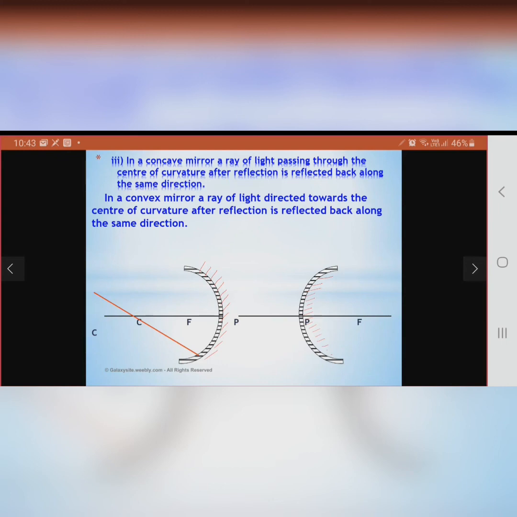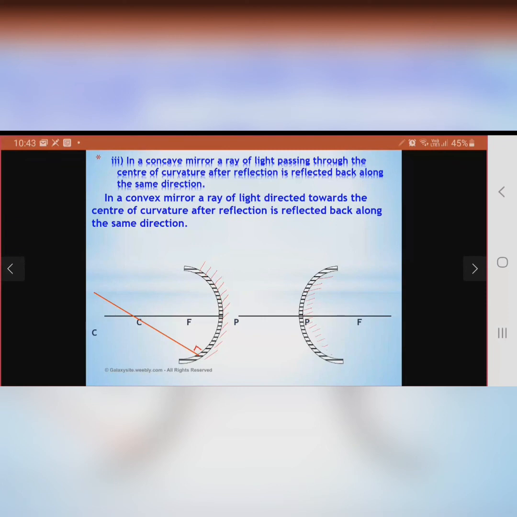Tenth, जी, मैंने बेटा अभी आपको बताया कि अगर कोई ray center of curvature से pass करती है तो at what angle is it going to hit the mirror? It's going to be parallel. No, not parallel. It is going to hit the mirror at 90 degree. ठीक है? It will hit the mirror at 90 degree.